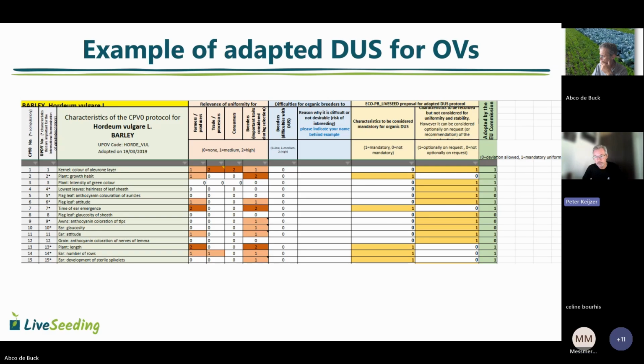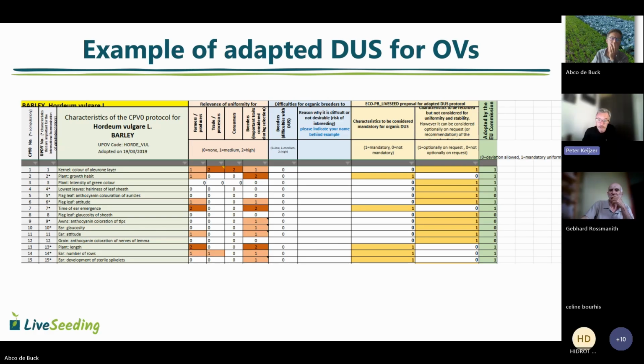Or better still, but that will take a lot of work, do it crop by crop and establish that over the next few years, in which you have an influx of applications for organic varieties, and see what comes up, and then set the bar accordingly. But that takes a lot of work and a lot of discussion between the different examination officers, so I don't know if that's manageable. Much easier would be to say, every crop maximum 3 characteristics, and if it's more, sorry.